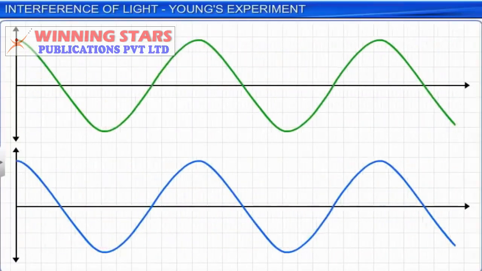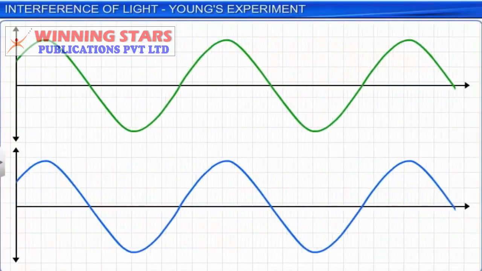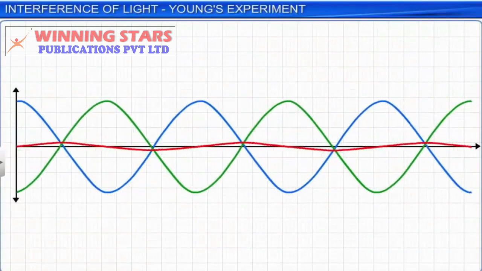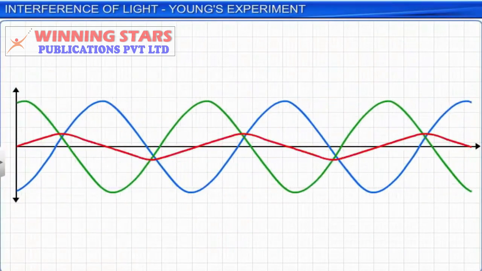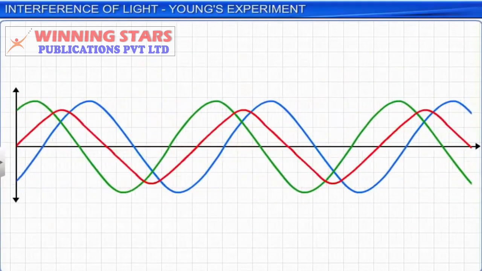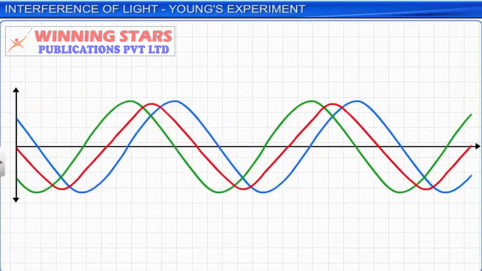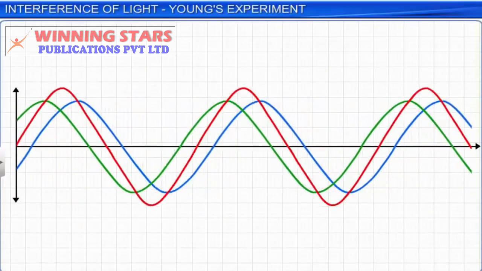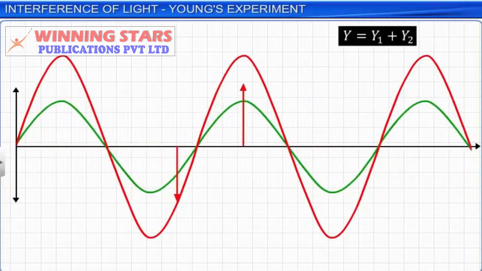Waves reach a point in space at the same time. The resultant displacement of the particle is given by the principle of superposition. According to this principle, the resultant displacement, y, is the vector sum of the displacements y1 and y2 caused by